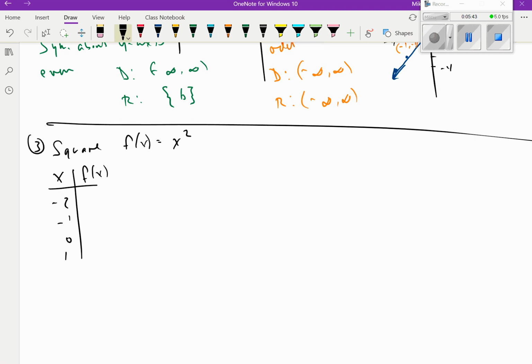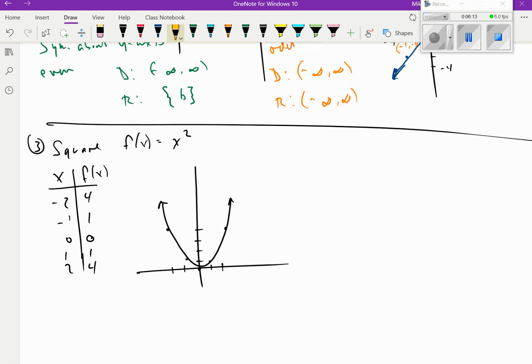-2, -1, 0, 1, 2, we're just squaring each of these items. So the square of -2 is +4, square of -1 is +1, square of 0 is 0, square of 1 is 1, square of 2 is 4. And so at -2 we're 4, at +2 we're 4, -1 we're 1, +1 we're 1, and then we're down at 0. So we end up with this nice U-shaped graph, and as we take a look at that, looks like we're symmetrical then about the y-axis. So we have symmetry